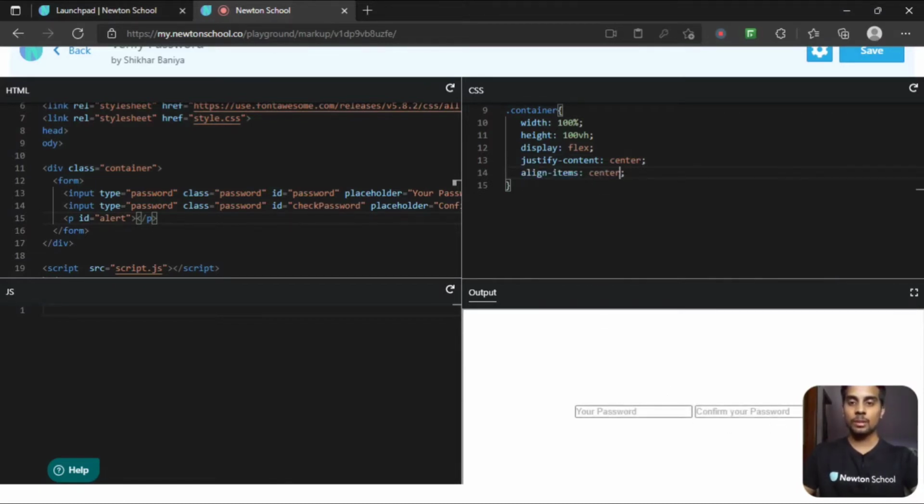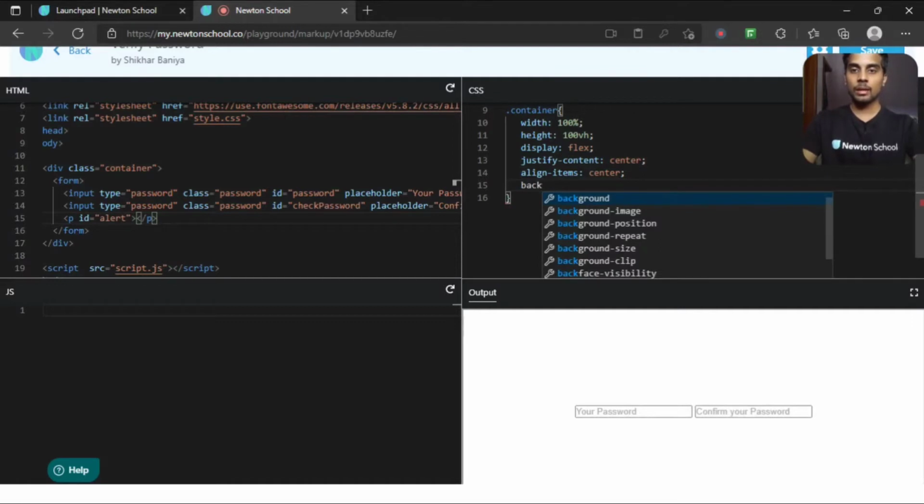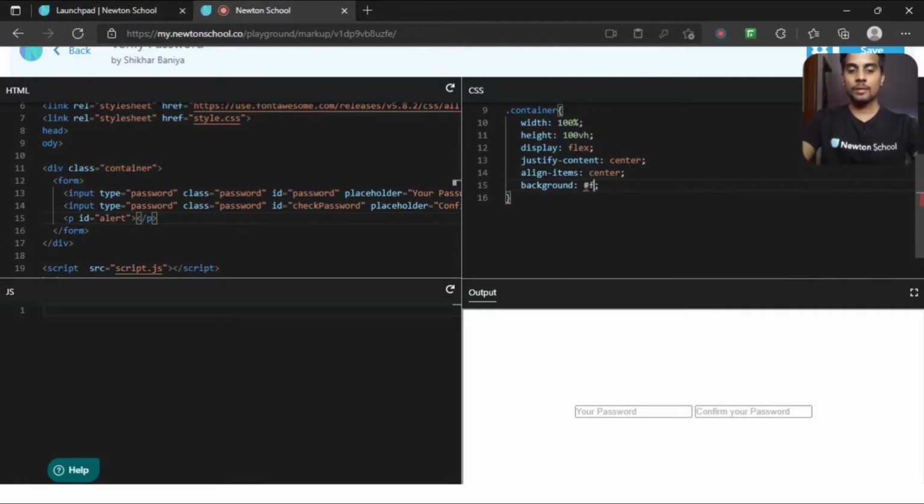So both of them come in the center. All right, so next I want to change the background to hash f6f7fc. It is a light grayish color. So that's it, I guess. Yes. Now let's target the form under which our input boxes are present.